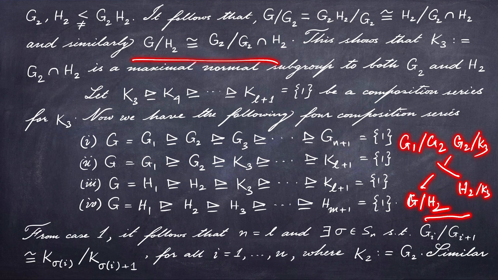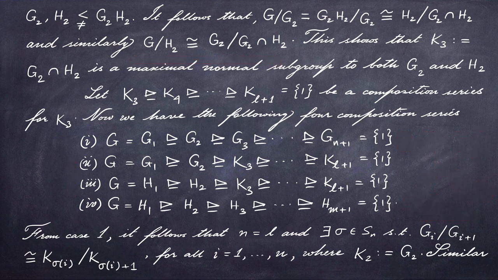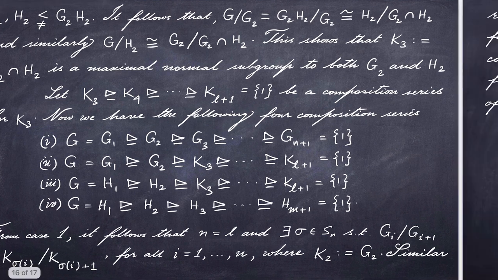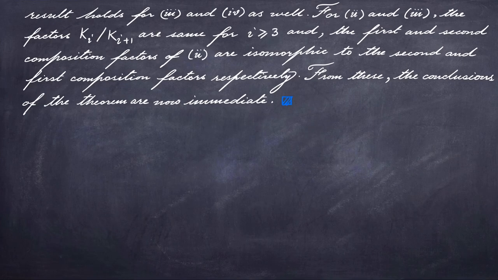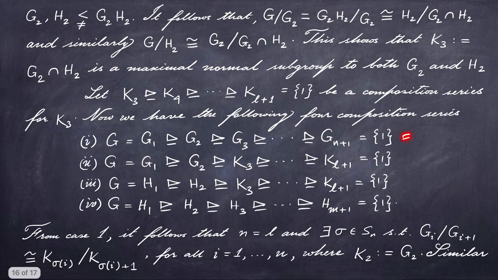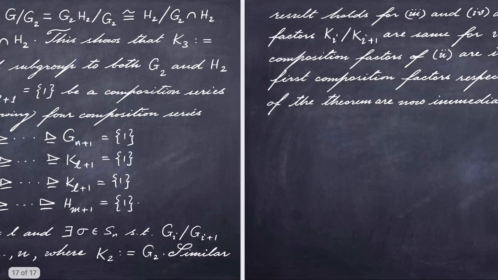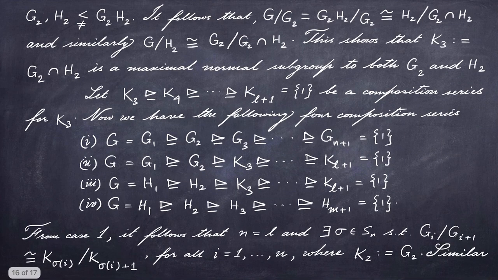We have seen it here. Therefore, in these two composition series we see that all the composition factors are the same, and combining this with the observations made for 1 and 2 and 3 and 4, we see that all the composition factors of the first one and the fourth one are the same up to some ordering. Let me again repeat this argument. First we compare 1 and 2, then we compare 3 and 4. Now the main task is to connect our observations obtained for 1 and 2 and 3 and 4